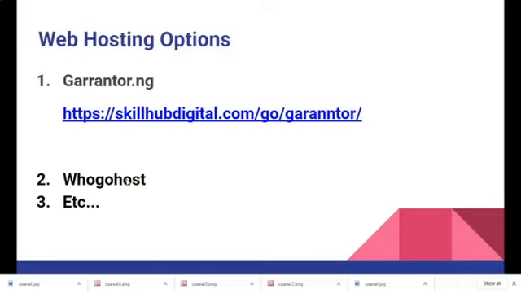So we are going to learn how to install WordPress with cPanel, and we will be registering a domain with Guarantor.ng, which is my most preferred web hosting company in Nigeria. So you can sign up with Guarantor from this link